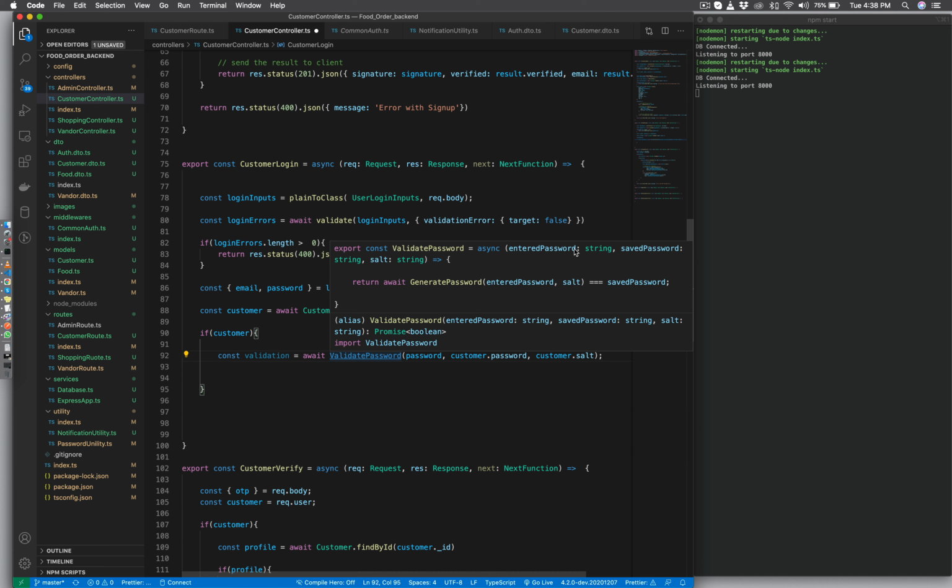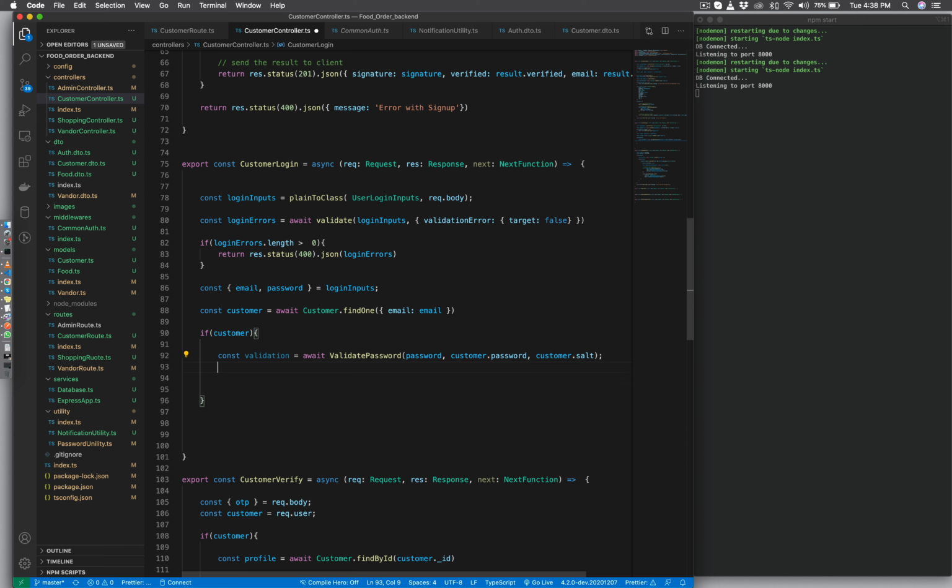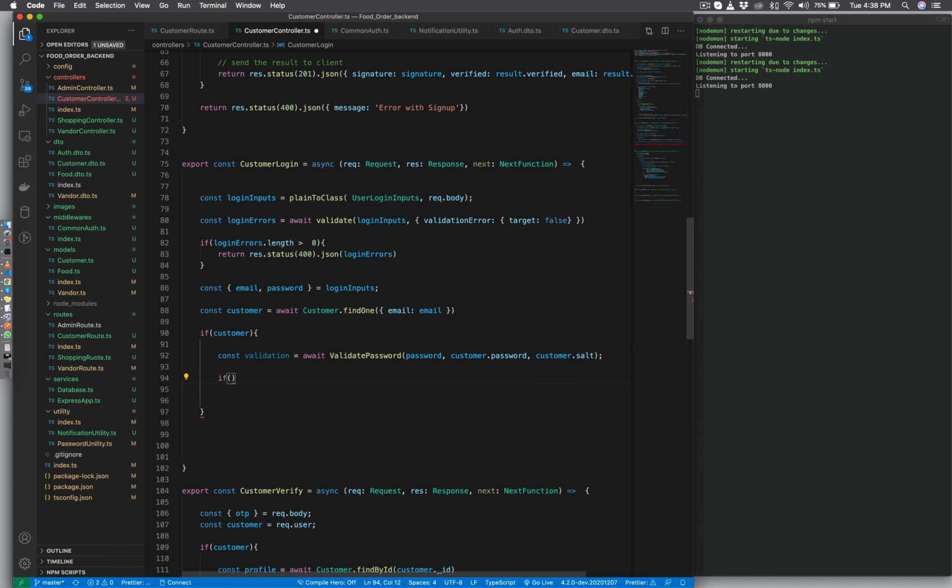Entered password will be our user password, which is provided from the request, and secondly our saved password, which we are using from customer, and salt also we are using from customer, which we are finding from the database. Good. Now if validation will be true,